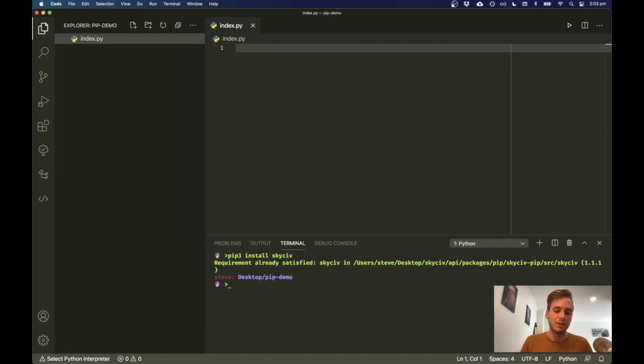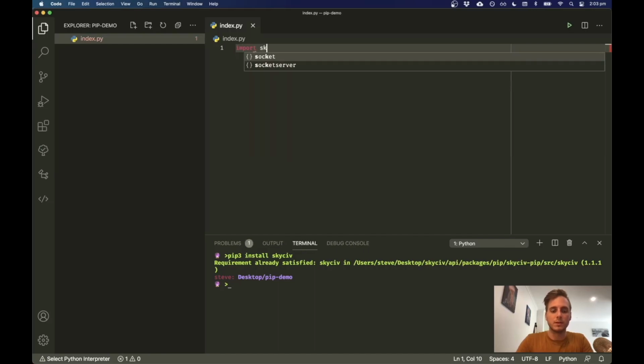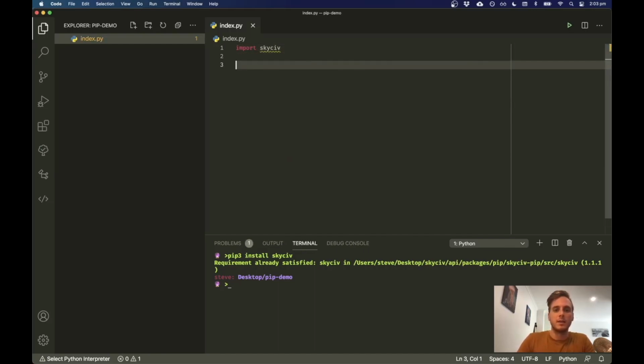not necessarily to the project. If you're used to other coding styles such as NPM, you can set it up in Python to be project specific, but it gets a little bit more complicated. So we're just going to install it globally. You can see I've already installed it here, but once you install it, you should have at least version 1.1.1 or higher. So the first thing we're going to need to do is import SkyCiv,